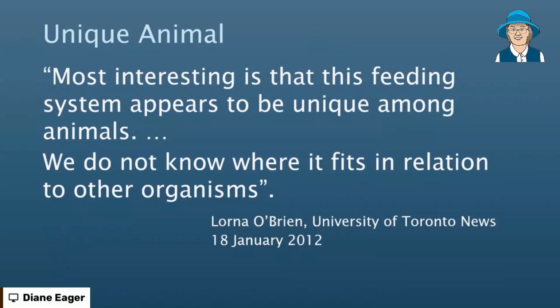We have to fit it somewhere into an evolutionary tree, because their belief is that the classification system actually represents evolution. It doesn't. In fact, the classification system was designed by someone who believed in creation. It was just a means of organizing our knowledge. Later on, the evolutionists took it over and tried to make links between things that were similar and put things that were different on other branches of the evolution of their tree diagram, but they just couldn't find a place